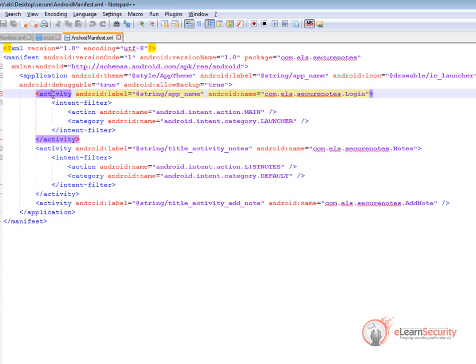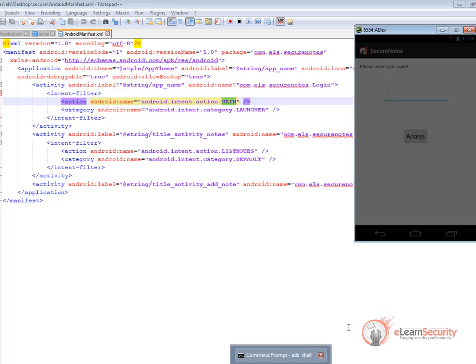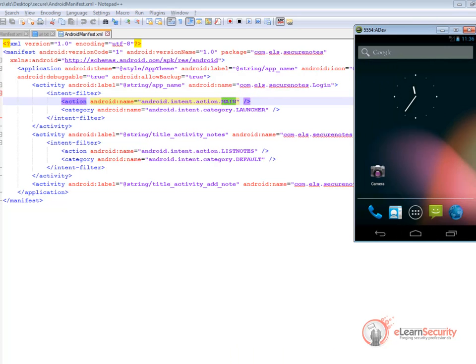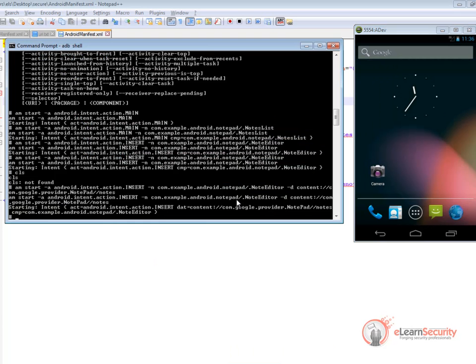As you can imagine, the Login activity is the one that is displayed when we launch the application. In the intent node, we can find the action MAIN. So let's first try to run this activity from the Activity Manager tool. Our command will be